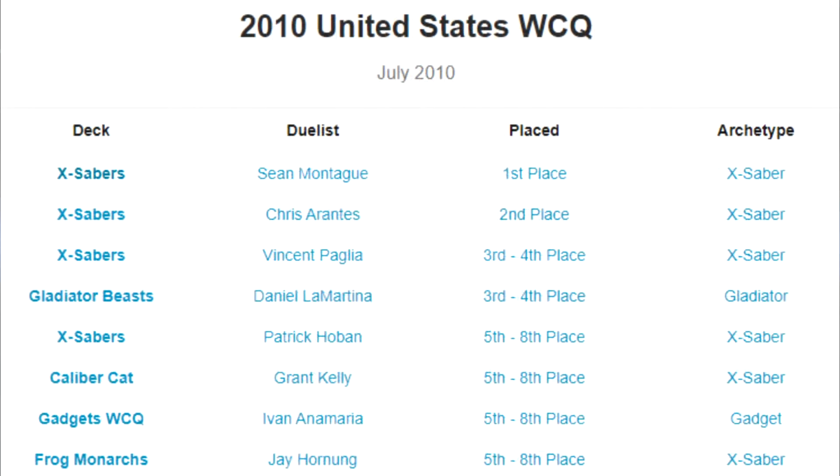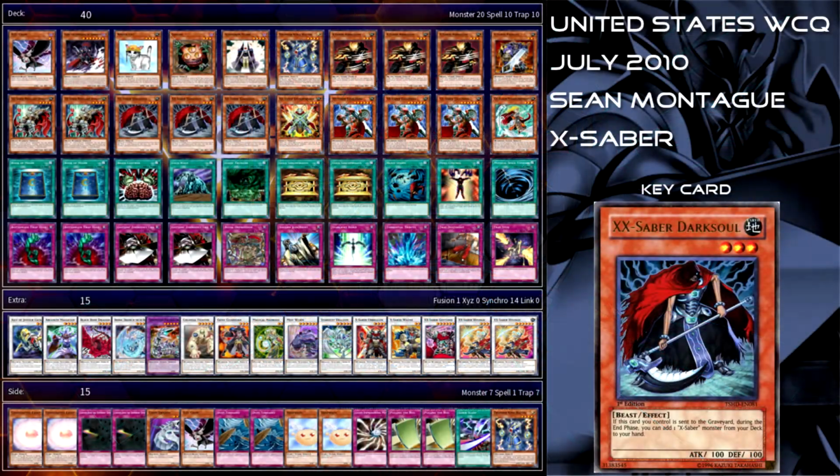This brings us to July 2010, the United States World Championship Qualifier. This would be X-Saber's tournament, as it would go on to once again take half the top 8 spots and win the entire thing. This X-Saber build by Sean Montague would be the one to win the WCQ. The deck was pretty standard for what we'd expect of X-Sabers at the time. Rescue Cat was still being used in decks such as this to access X-Saber Airbellum, but more importantly was the